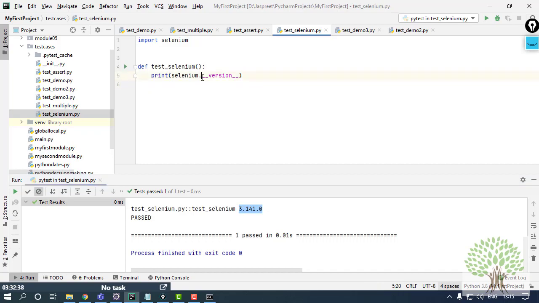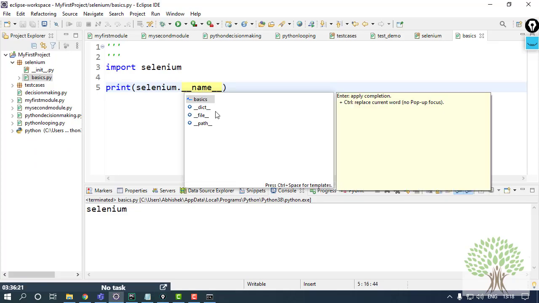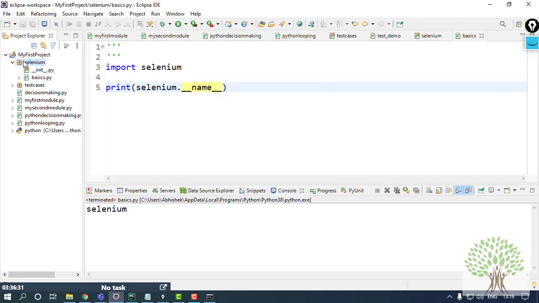Fine. Now you must be wondering why I am not getting the other options. The reason is, over here in Eclipse, the options that I am getting are not for the Selenium package that I have imported. These are the details being provided for the package that has been created by me itself. You can see that I have named the package that I have created Selenium itself. So the package Selenium which I want is not there.